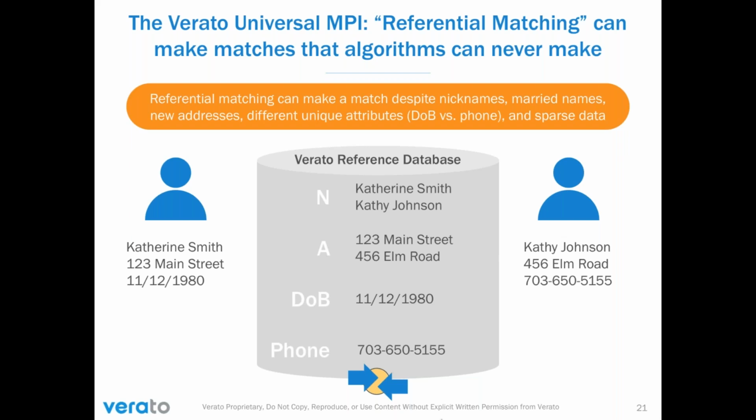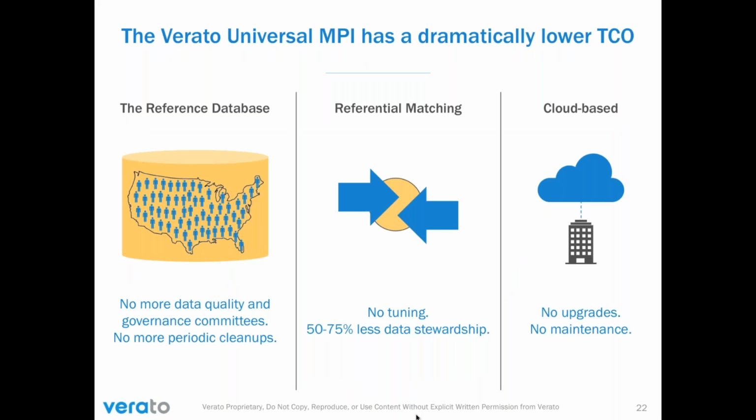However, if you look at it with the benefit of having our reference database accessible, you'll see that Catherine Smith changed her name. She was Catherine Smith, and now she's Kathy Johnson. And at the same time, she also moved from 123 Main Street to 456 Elm Road. And then we have all of the other demographics on file as well. So we have the date of birth that she provided in the one setting. We have the phone number she provided in the other setting. And by having all that, it basically becomes an easy to resolve identity question. And that's the power of the reference database. And because we're using these techniques, it's a much simpler system to operate. And like I said before, it gives you the results you need.